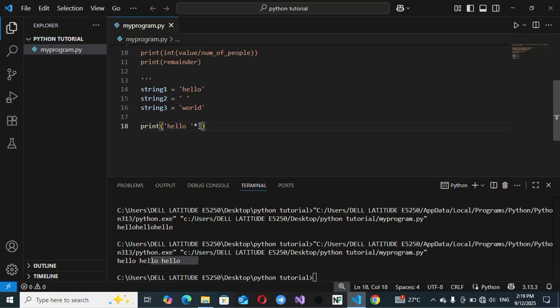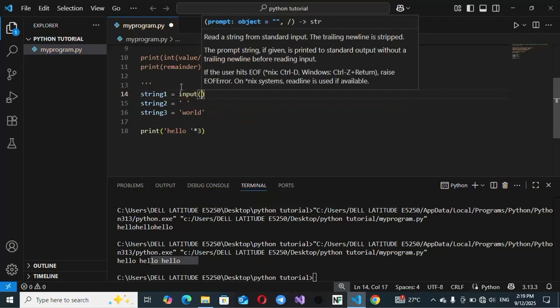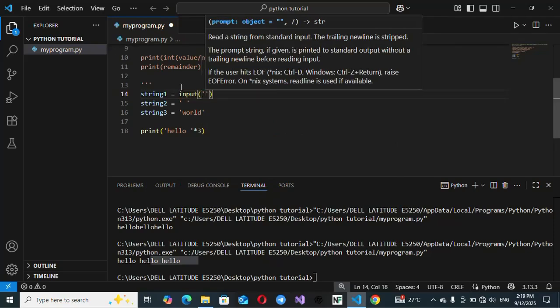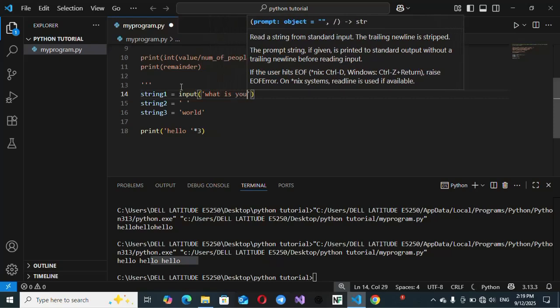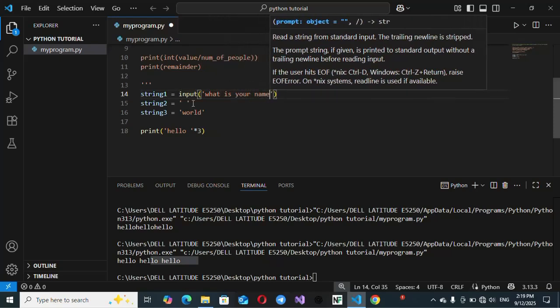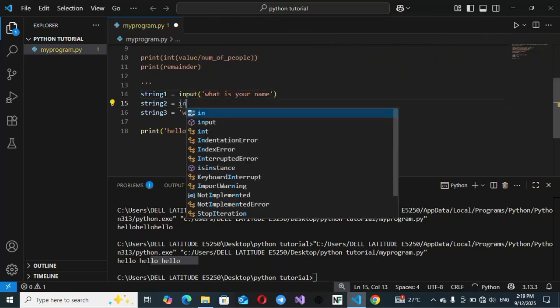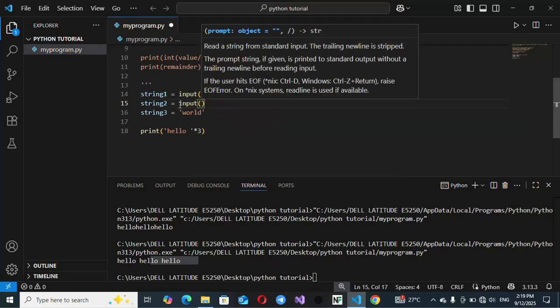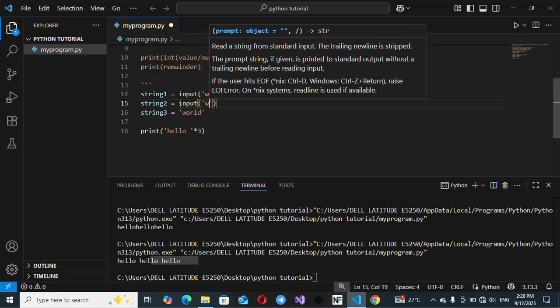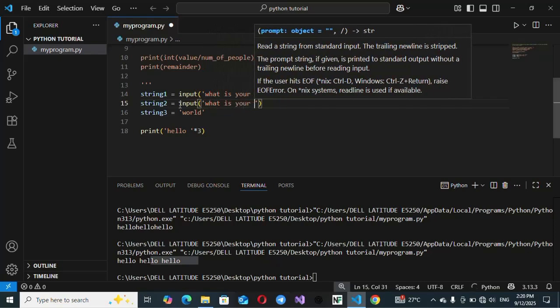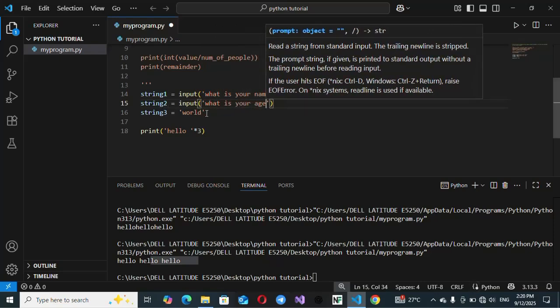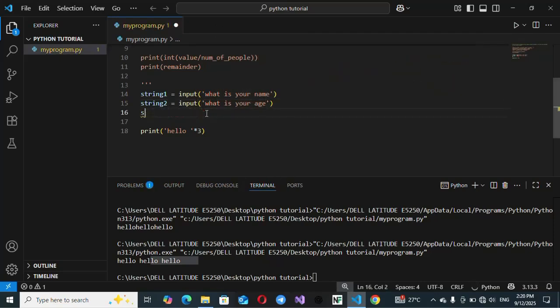So let's say instead of doing this, let's use our input command to input data into our program. Let's say, what is your name? Input, what is your age? Let's clear this out, and then on top